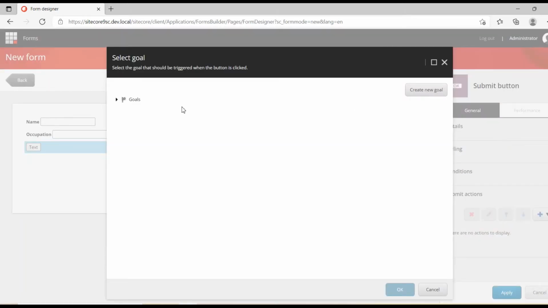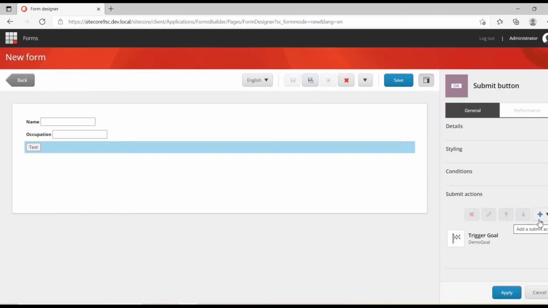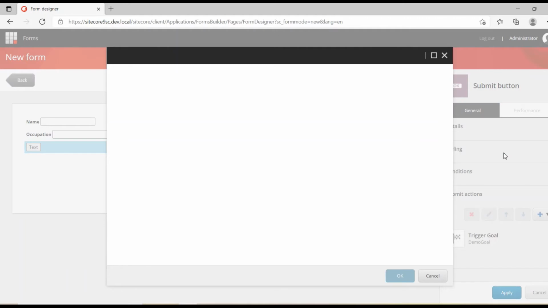First I will add the trigger goal action. I'm selecting the goal I created previously, demo goal. After that, I'm adding another action, redirect to page, to redirect the URL.